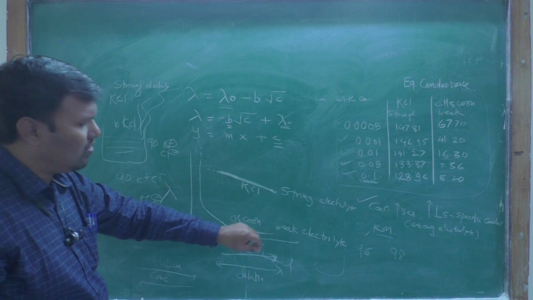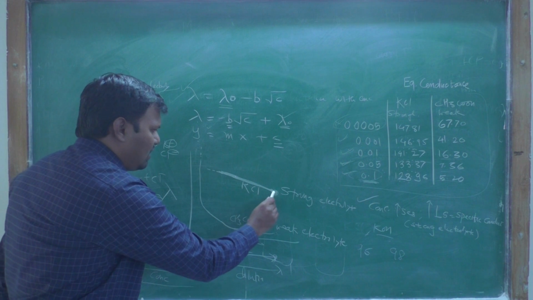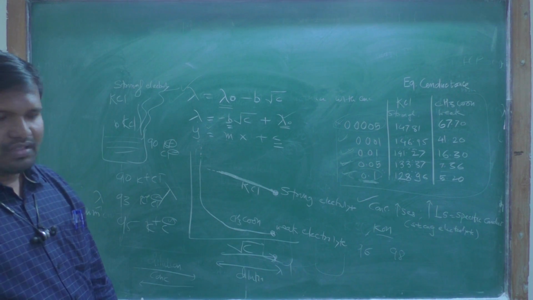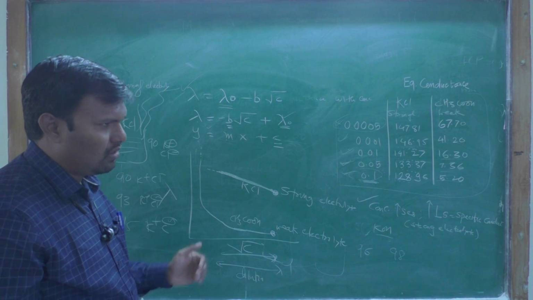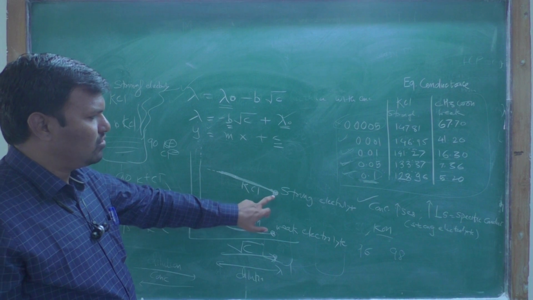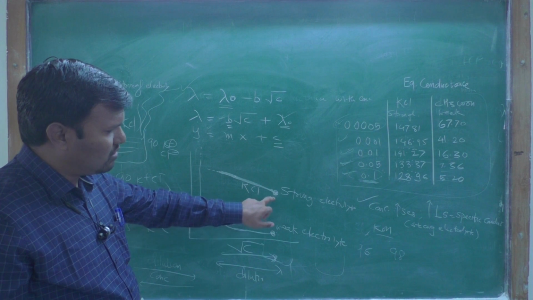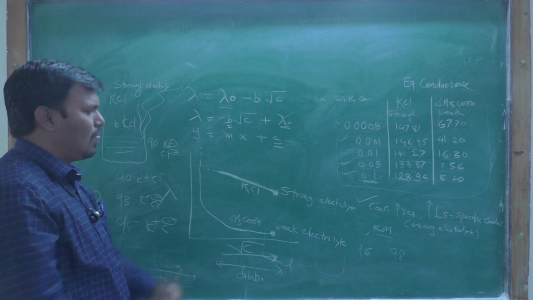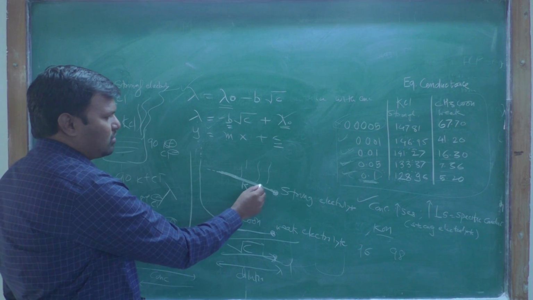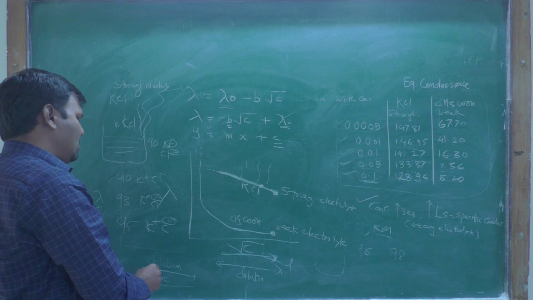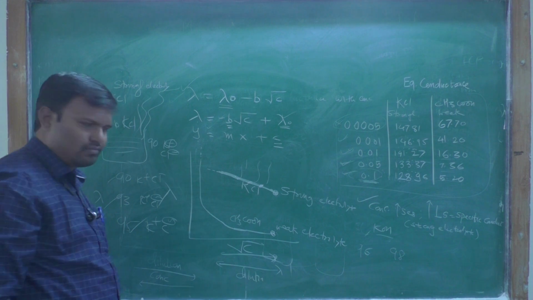When you compare a weak electrolyte and a strong electrolyte, the lambda value of the strong electrolyte is very high compared to the weak electrolyte, because lambda depends upon how many ions are there. The strong electrolyte is already highly dissociated, so as you decrease the concentration by adding water, the dissociation goes from 90 to 93, a very small change, and therefore there is a very small increase in lambda. Add water again, and again the increase is very small.